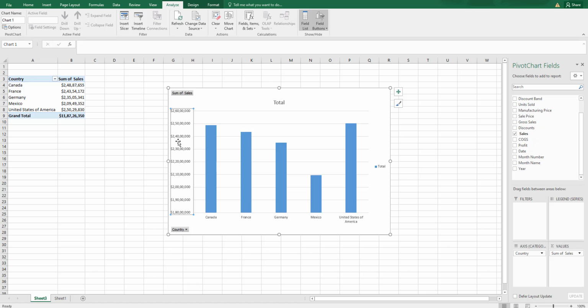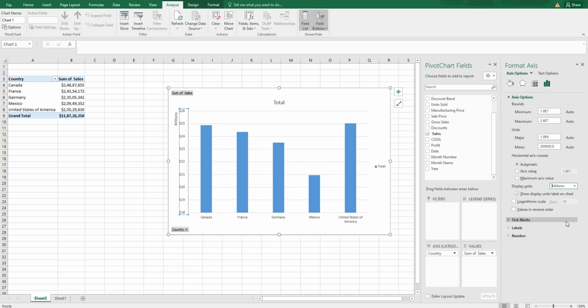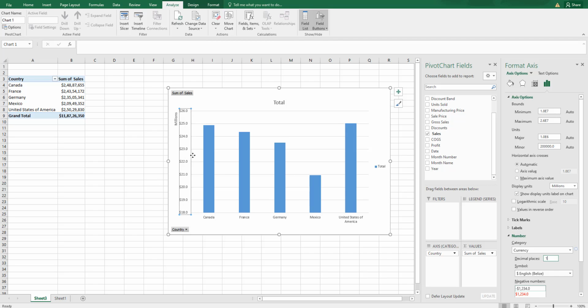So, what I will do is I am going to click on axis and right click, format axis. I am going to come under this particular axis option tab here and click on display units and say millions. So, I have this formatted here, but I also want to see the decimals there. So, I am going to click on number here. On currency, let us say I need 1 decimal here, okay, and click on enter. You get to see the decimal here,